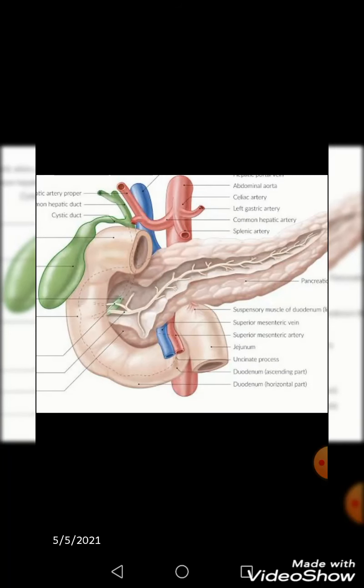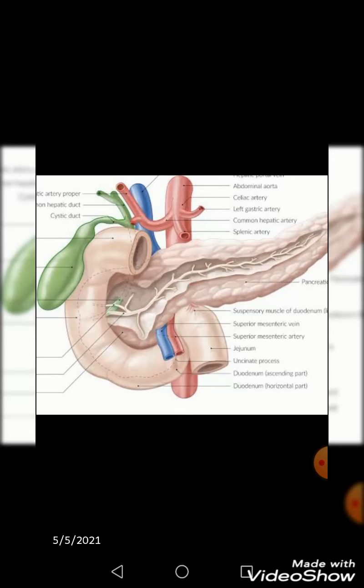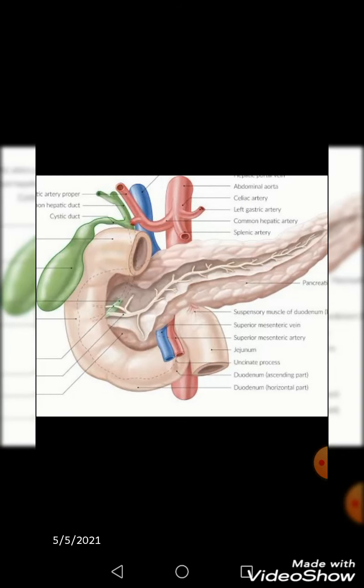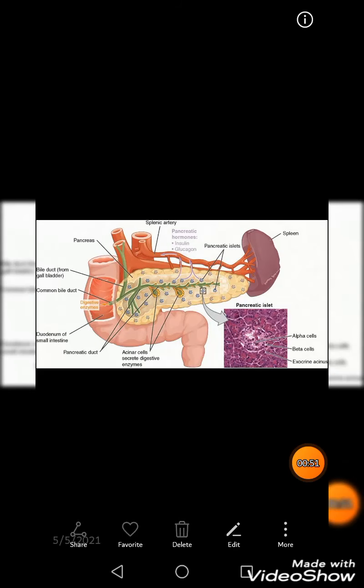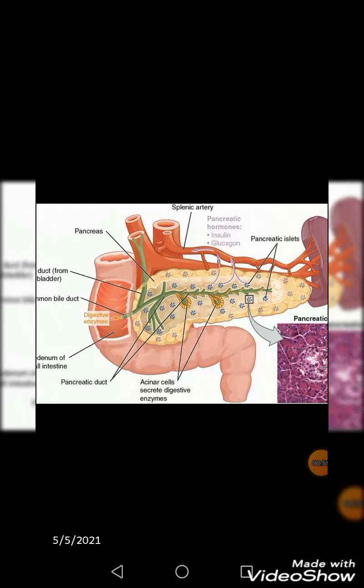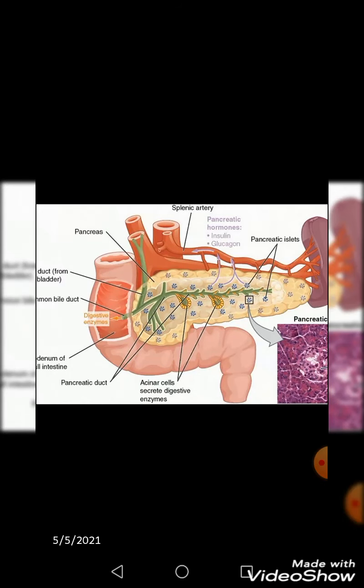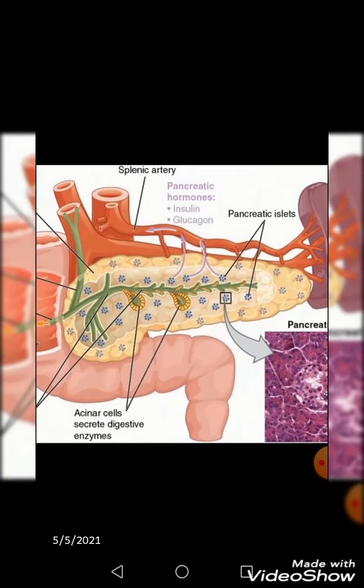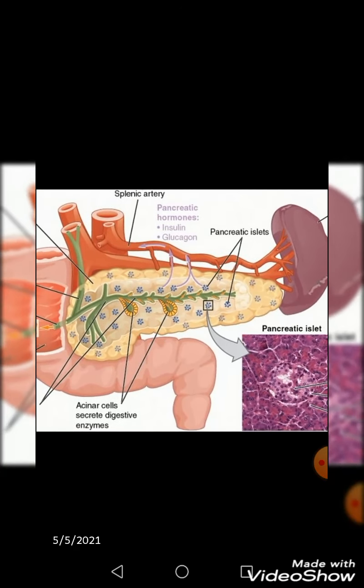And in this picture you can see that the pancreas is lying horizontally and is a retroperitoneal organ present behind your stomach. It is present in the C-shaped curve of the duodenum, as you can see in the picture. Another very good diagram: you can visualize that it lies horizontally, and its head is against the curve of the duodenum. Then you expect its central part, the body, and the tail that is touching the spleen.